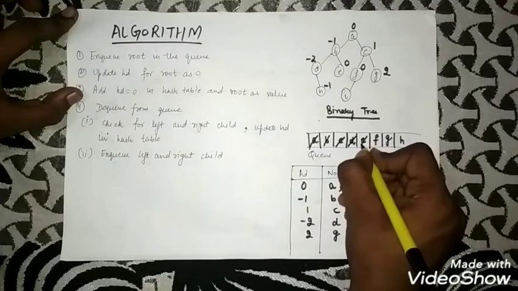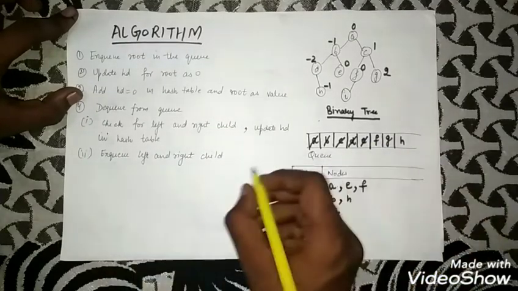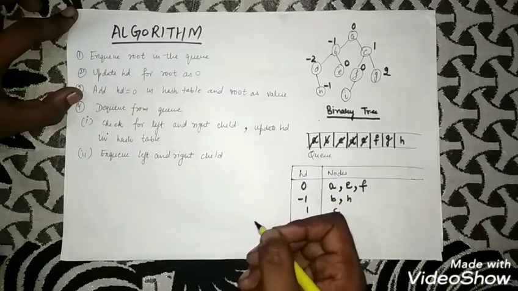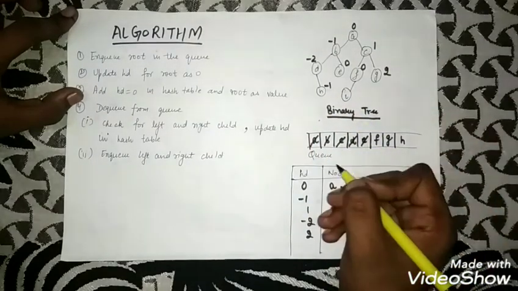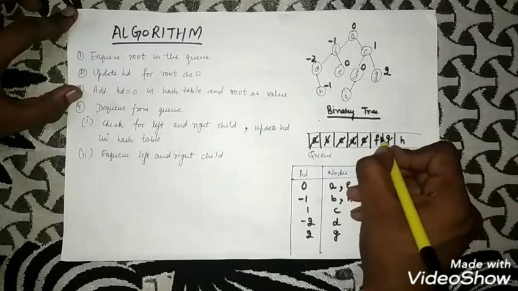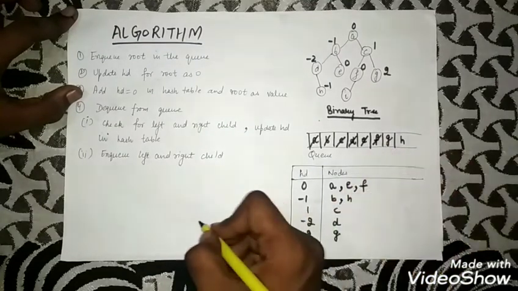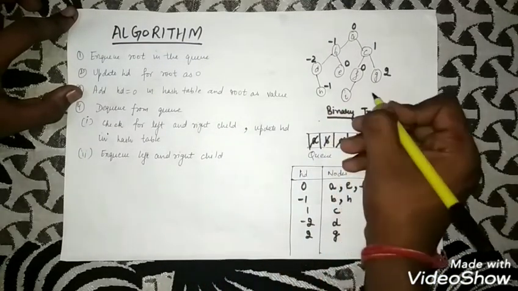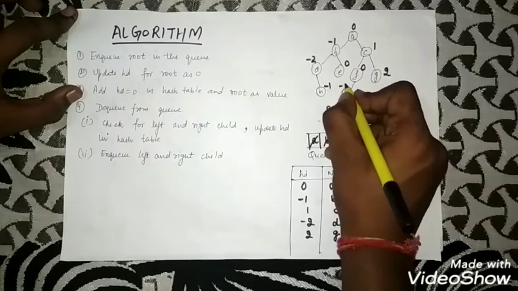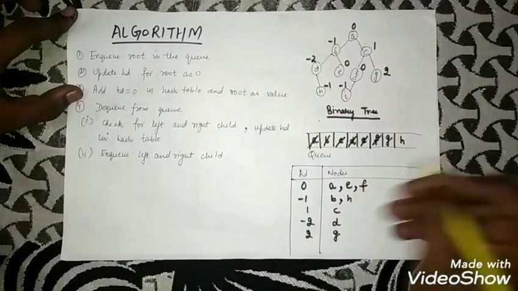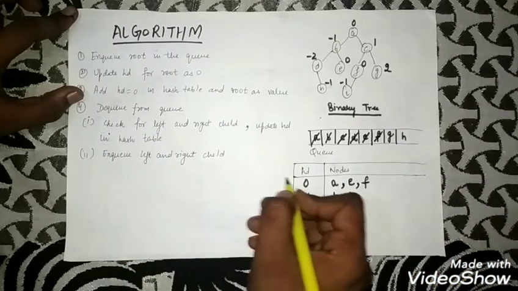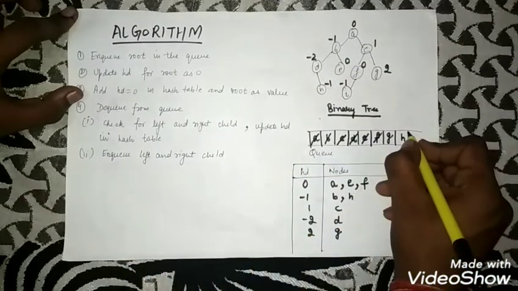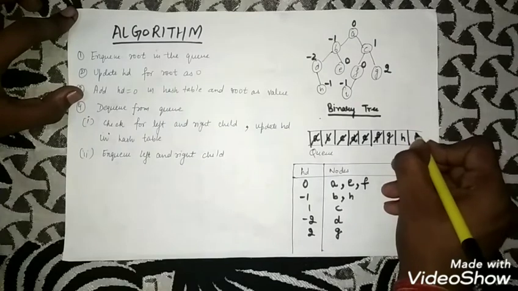We'll remove a node from the queue that is E. And then we will check for the left and the right child. Neither left child nor right child is present there. So we can't do anything about it. The loop will run again. Remove one more node from the queue that is F. Check for the left and the right child. Left child is I. So HD will be 0 minus 1, that is minus 1. Right child not present there, so can't do anything about that. Now we have to put the left and the right child into the queue, so we're putting the left child into the queue, that is I.